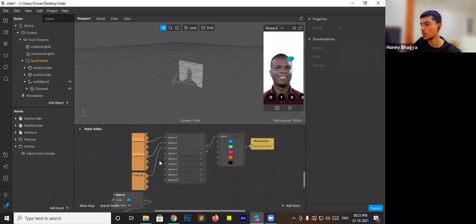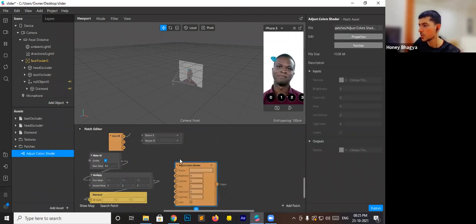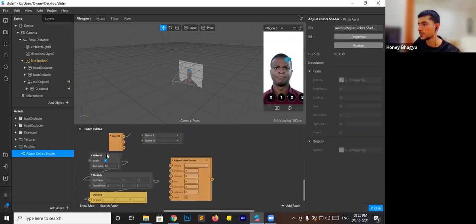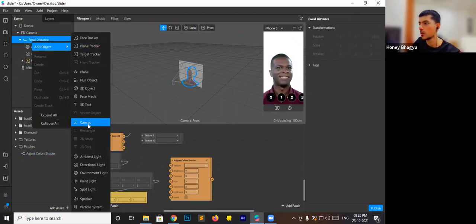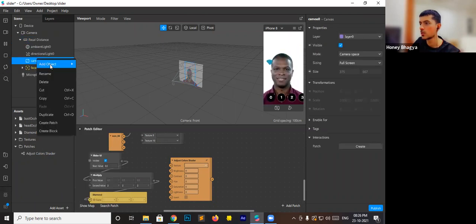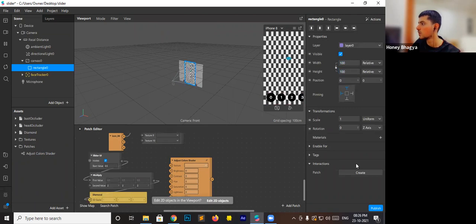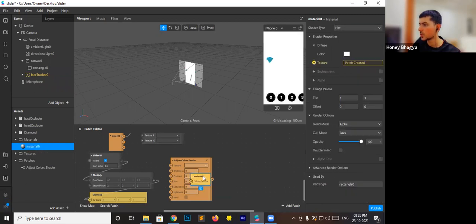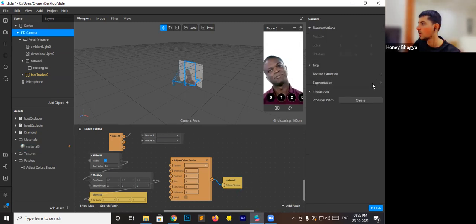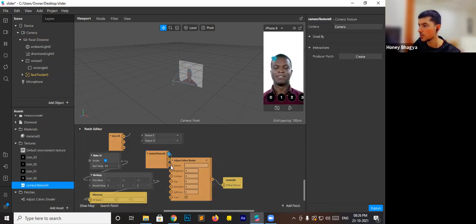So we want the saturation to be controlled by the slider. I'm going to drag this here. See the canvas, angle, material, flat, texture, connect this, yes, camera texture extraction, and connect camera to the texture.